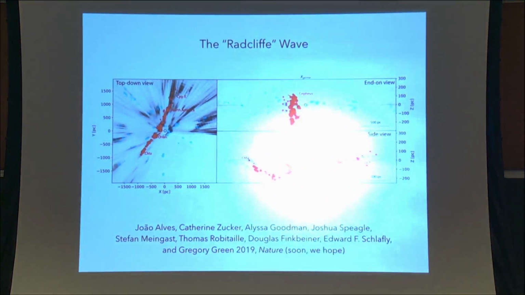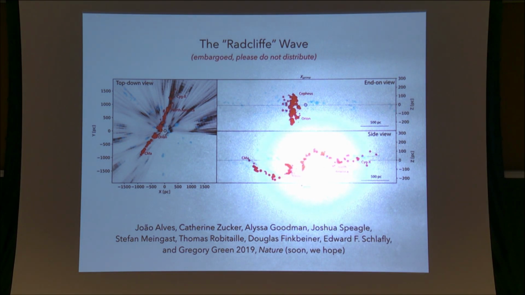Just to show you what is in that paper, this is the figure that you can't show anybody. Okay? I'm going to explain this to you and show it to you in 3D and tell you where it came from in a little while. But if you want the punchline first, this panel here is a top-down view of the galaxy. What you see in grayscale is a map of the dust in the galaxy in 3D, made from a statistical analysis of the colors of stars using Pan-STARRS data and also distances from Gaia data. I'll explain all of that later.